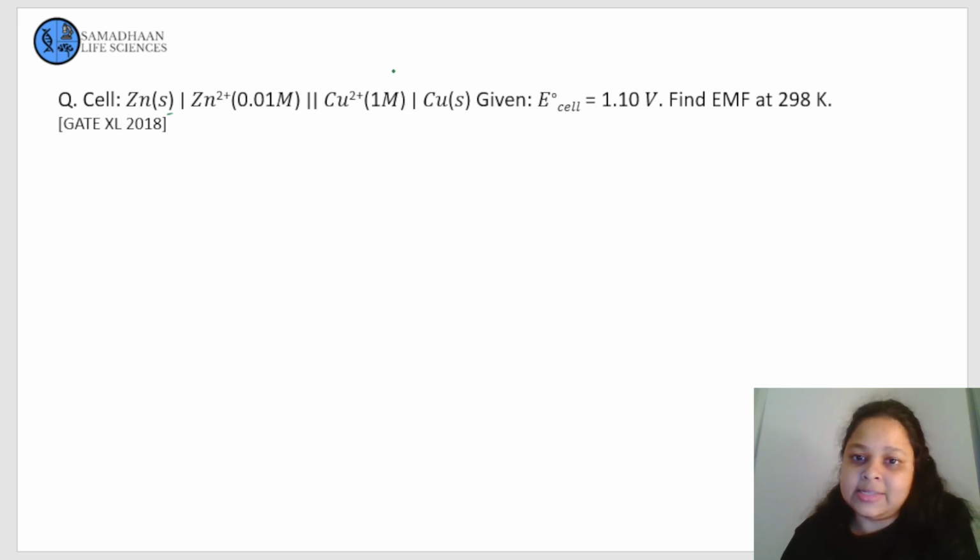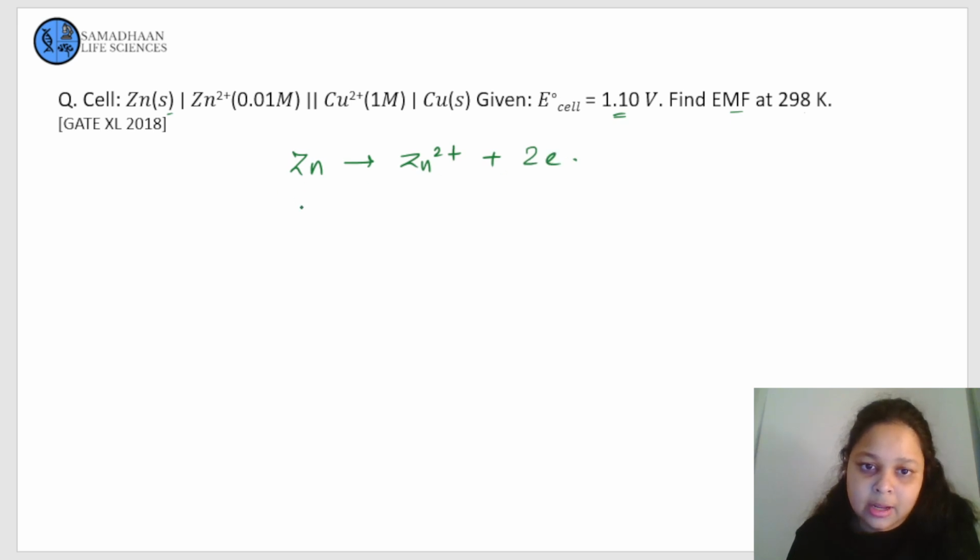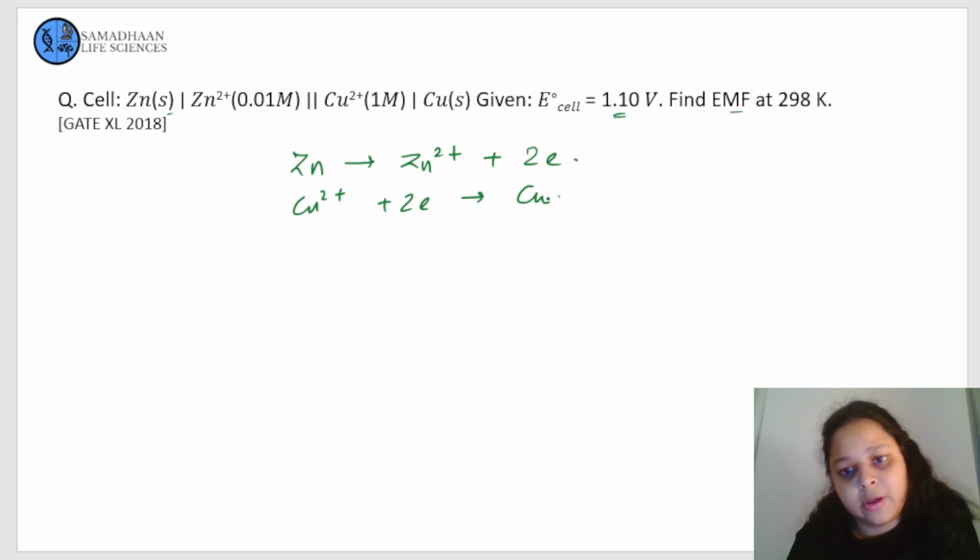Now let's take the last example, the last PYQ for today. For this Daniel cell, we are given the E0 of this cell and we have to find the EMF at 298 Kelvin. The reactions involved are zinc to zinc 2+ and copper 2+ to copper. So we can write E equal to E0 minus